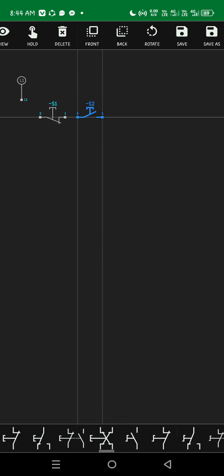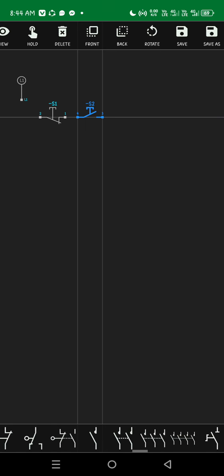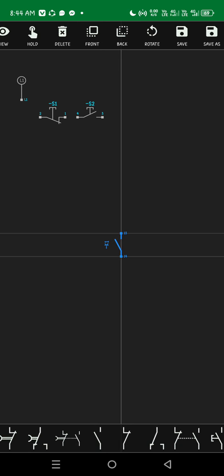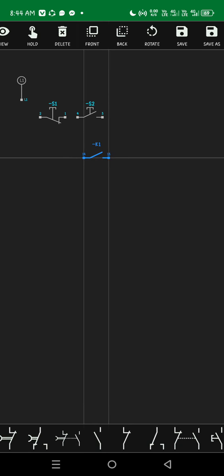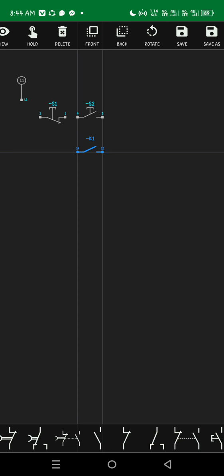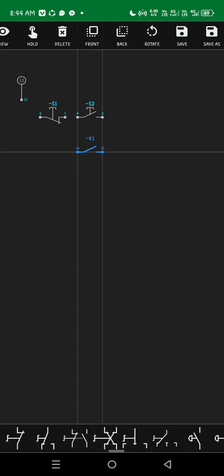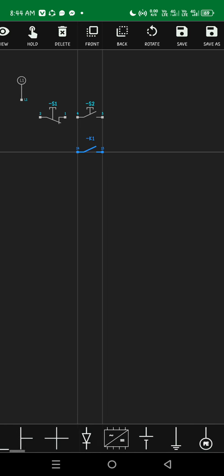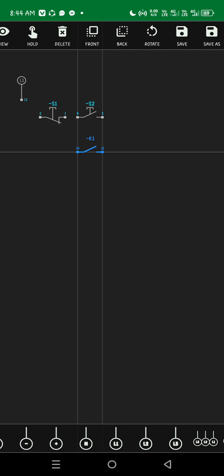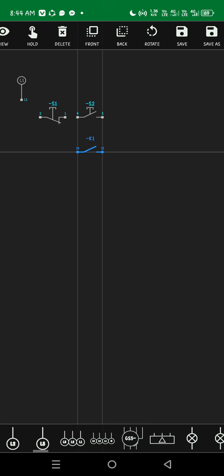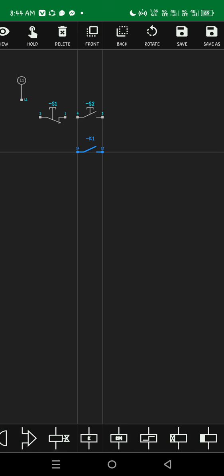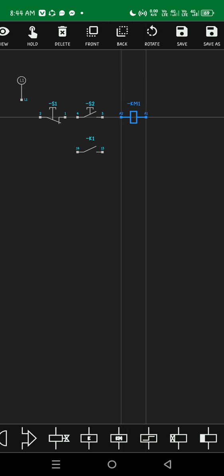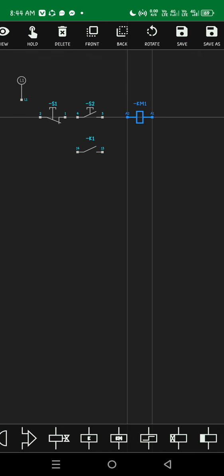Then you have to choose the auxiliary contact, which is normally open. Then you have to put it below the start push button switch, and then you have to select the magnetic contactor coil, key M, then rotate, then put it beside this start push button switch.